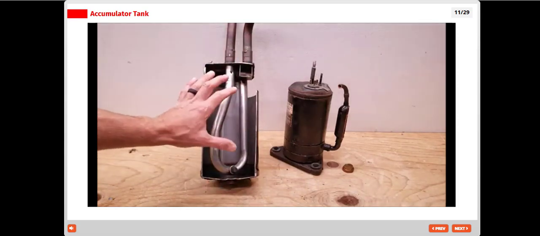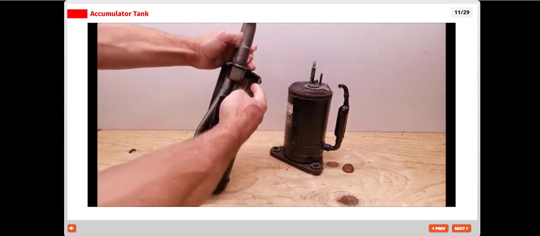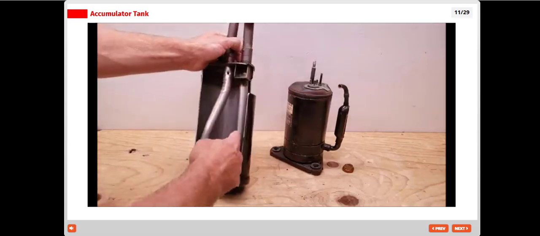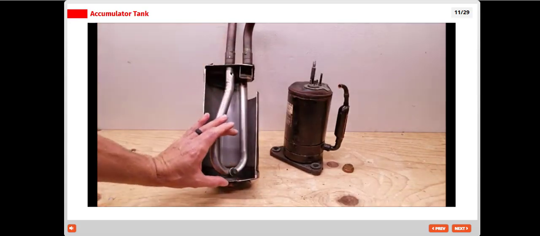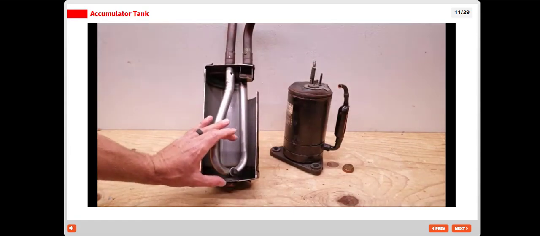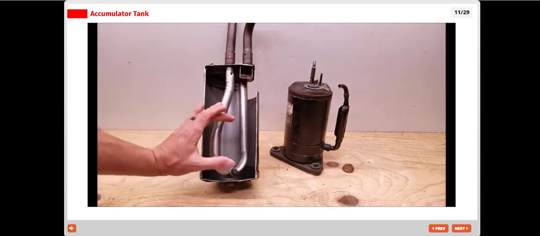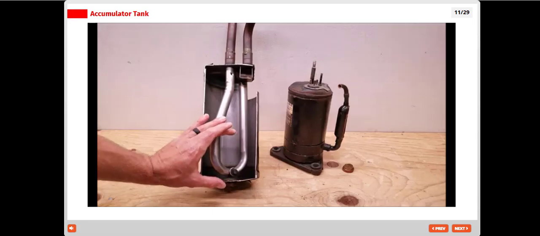So this is going to separate the liquid and vapor, and it's mainly going to have the vapor being sucked into the tube right here, but down at the bottom, if you think about it, you're going to have a bunch of liquid down here. Well, while the system is running, you're going to have refrigerant oil mixed with the refrigerant. So liquid refrigerant and oil are going to be at the bottom of this tank,